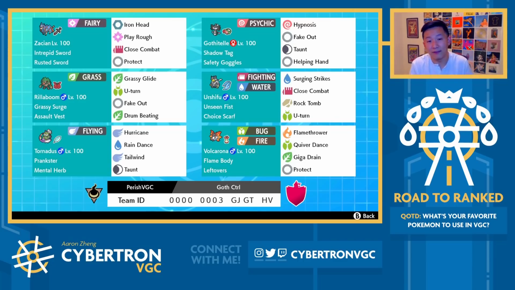And then finally, Leftovers Quiver Dance Volcarona. Lefties might seem like kind of a curious item, but it's actually really strong, especially because there's a Rillaboom on this team. So, for example, one mode that's really effective is just going Rillaboom Volcarona, Fake Out Quiver Dance turn 1. And the thing is, between Leftovers and Grassy Terrain, you're actually healing a significant amount of your HP each turn, especially when you throw Protect on top of that, right? So it's like you're doubling the recovery thanks to Grassy Terrain and Leftovers, and then after Protect, you further increase